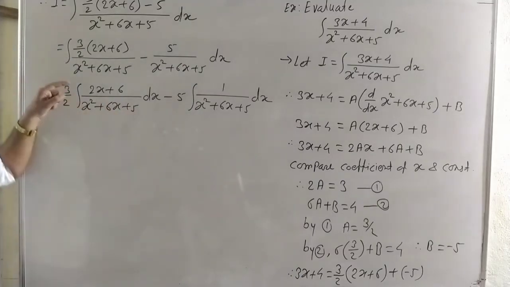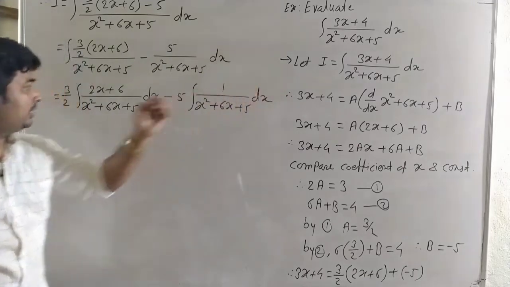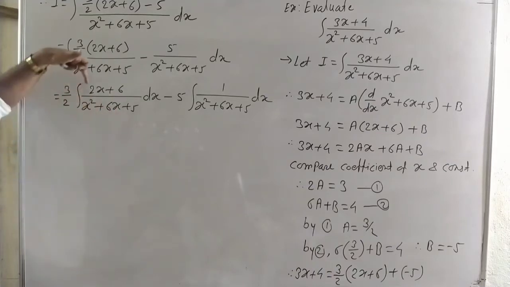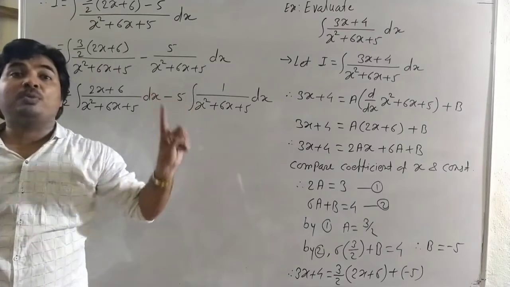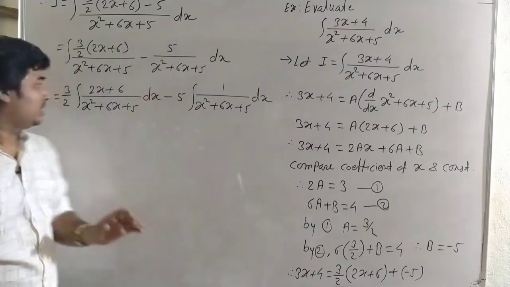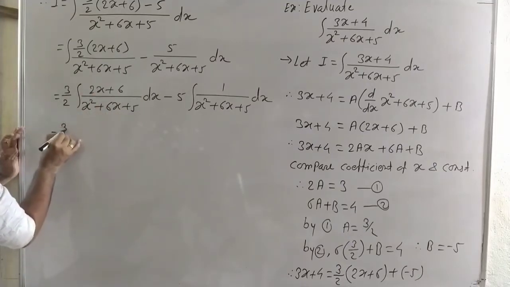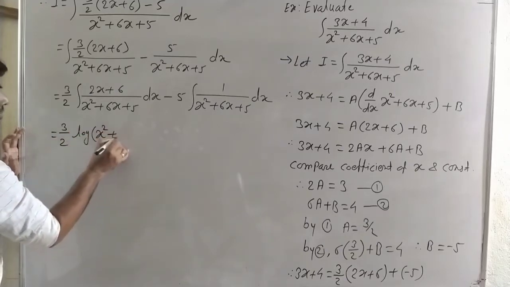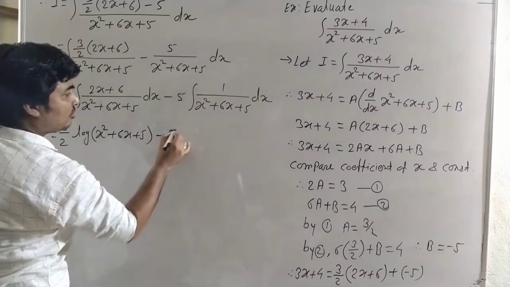And here see carefully, it is also linear function upon quadratic function, but here this linear function is the derivative of the denominator. That means it is a derivative and it is a function. It is f dash of x and it is f of x, and we know that the integral of f dash of x upon f of x is log of f of x. So this integral can be written directly. See carefully, it is 3 by 2 log of f of x, that is x square plus 6x plus 5,